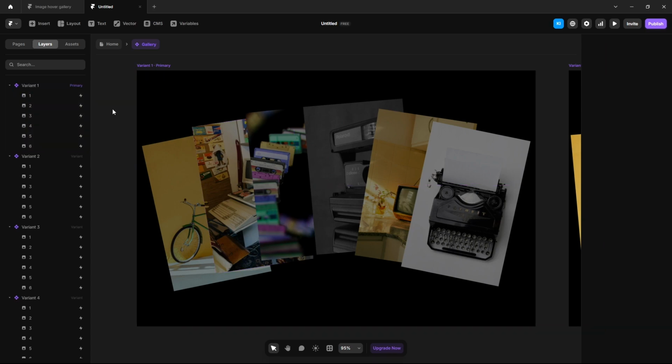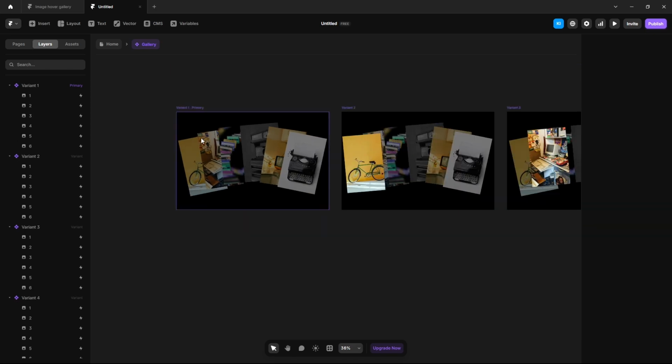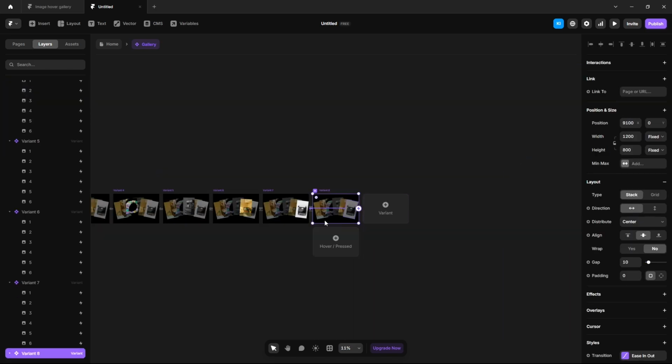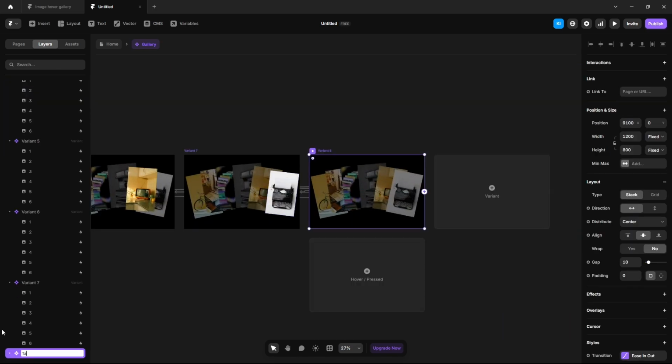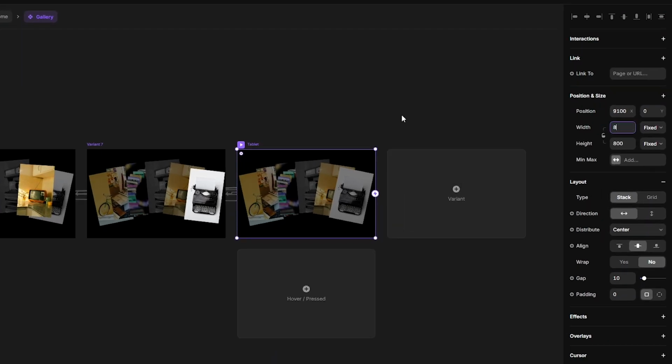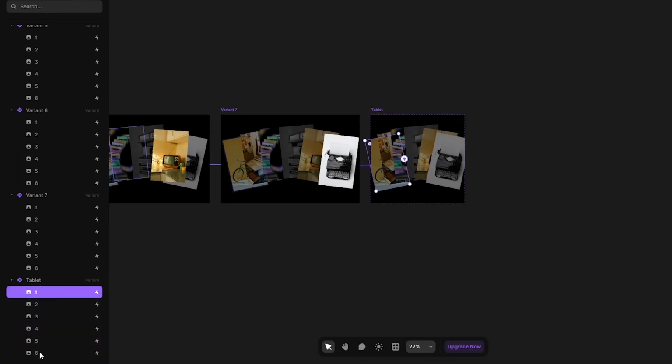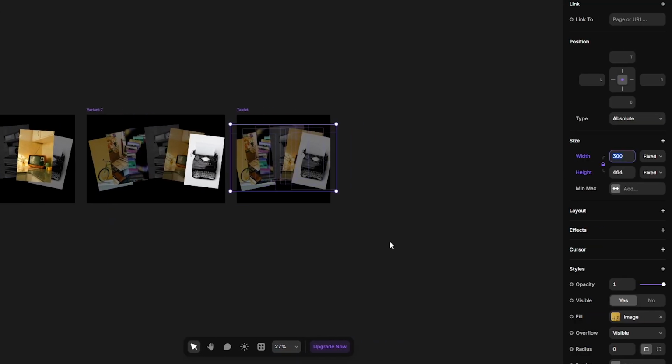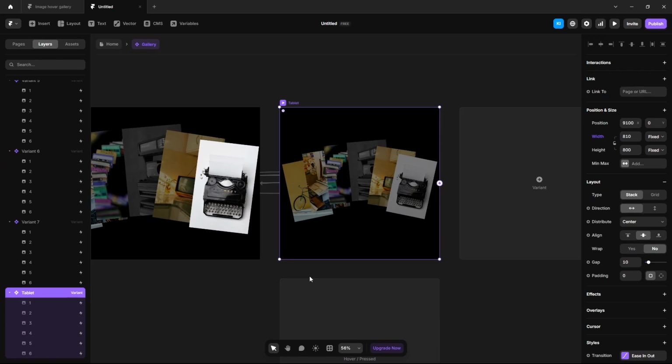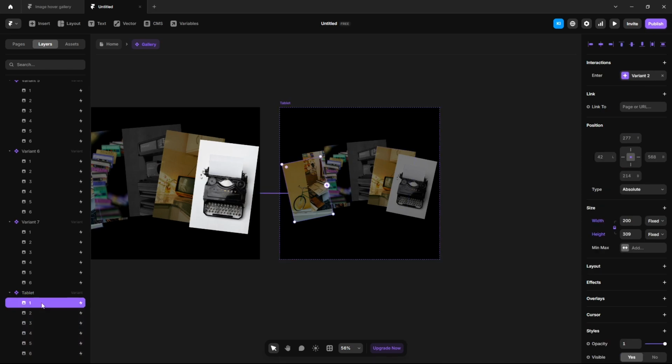We can also make this project responsive. Let's add a new variant and name it tablet. Click here and name it tablet. Set the width 810, select all the images, lock the aspect ratio and set the width 200. Since tablet and mobile devices don't support hover interactions, they are tap based, we will use the click interaction instead. So click the first image, remove the interaction,